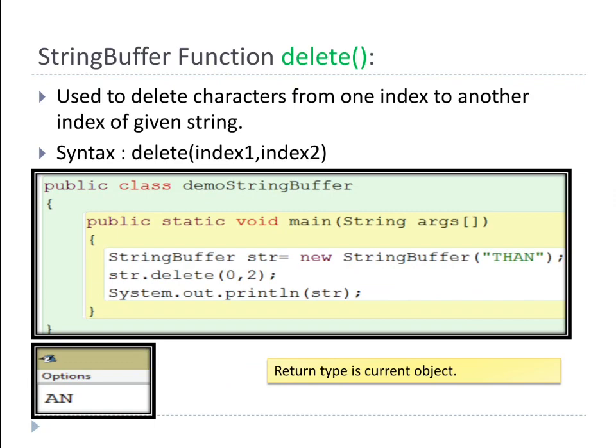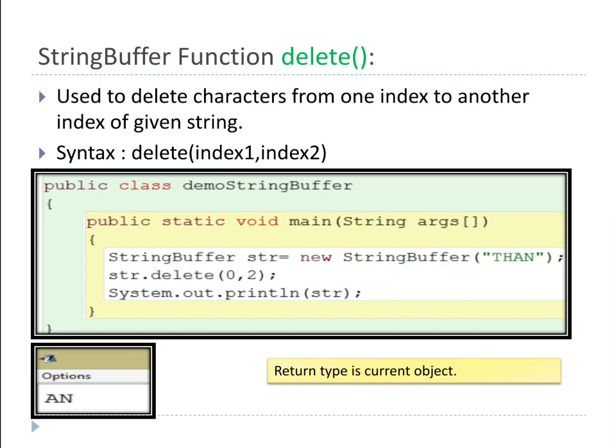If I am writing, see, I had already written the string in str, but I want to delete 0, 2, means starting from 0 till 2 minus 1, the last index minus 1, everything till that location is going to be deleted.